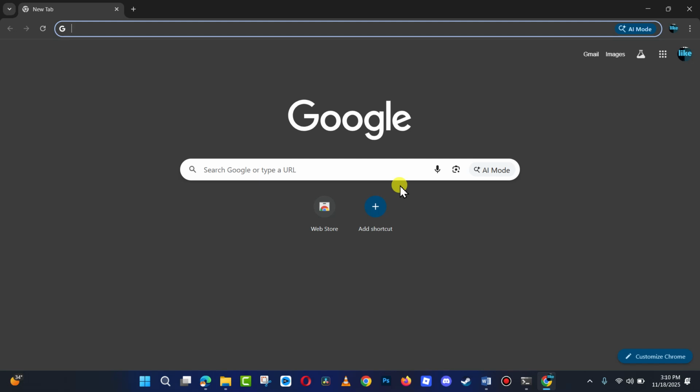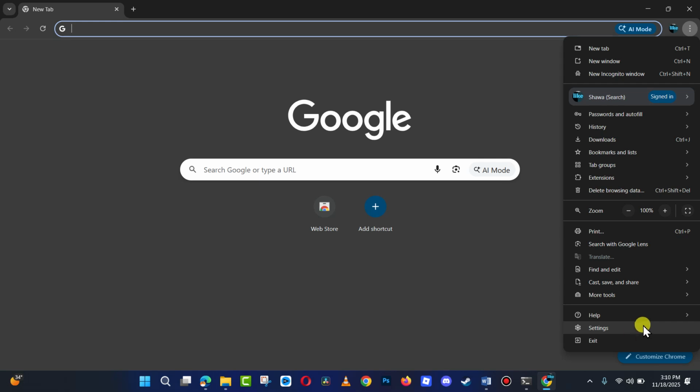How to download faster on Chrome. So in this video, I'll show you step by step how to increase your downloading speed on Chrome browser. After you open the Chrome browser, go to this three dot, go to settings,